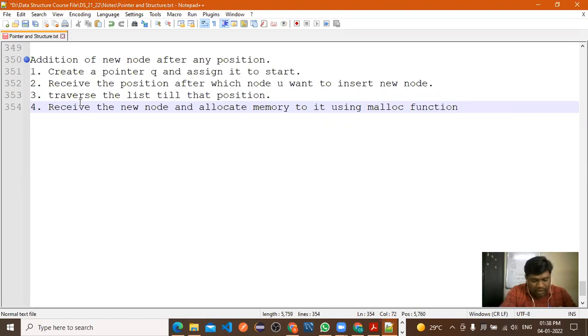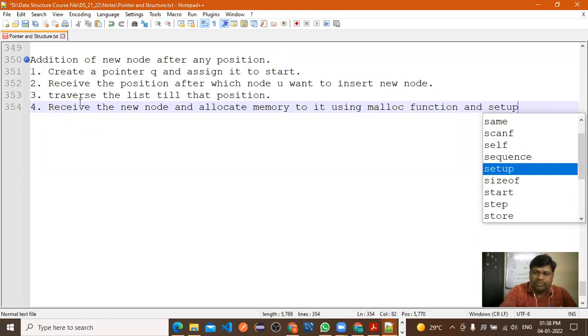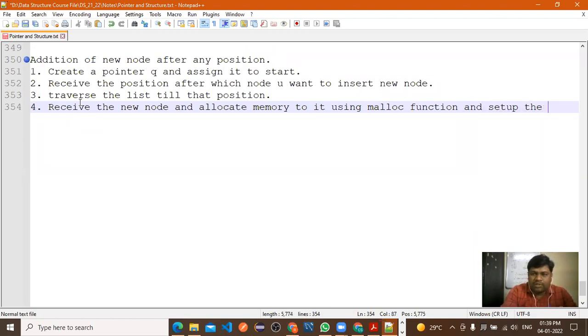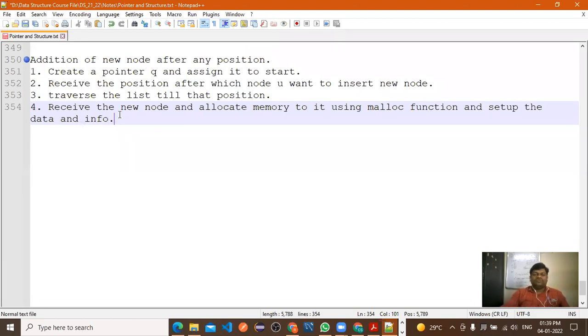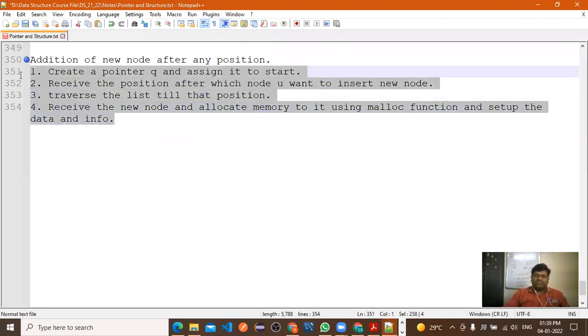Malloc function, right? And after that, set up the data and info. So these 4 steps we need to follow.